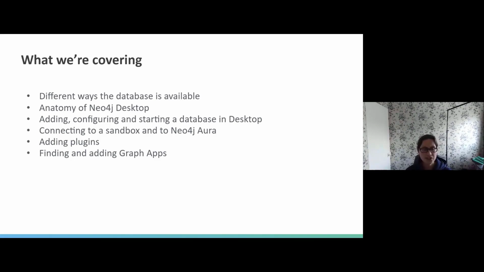And then what we're going to do is we're going to have a look at how would you go about adding a database, how would you do any configuration changes if required to it, and how would you get it started in Desktop. Then we're going to have a quick look at how would you go about adding remote databases,